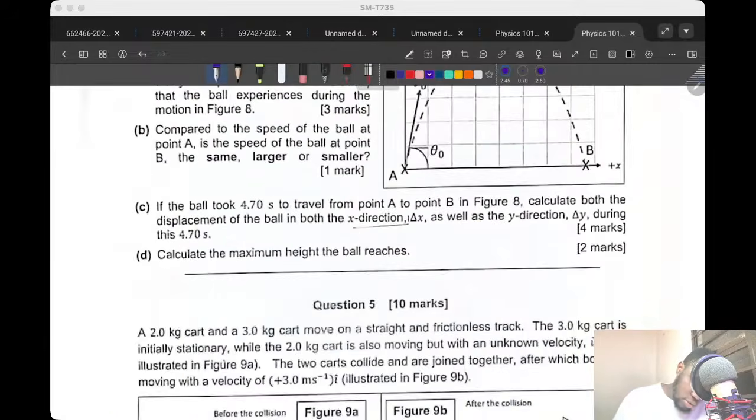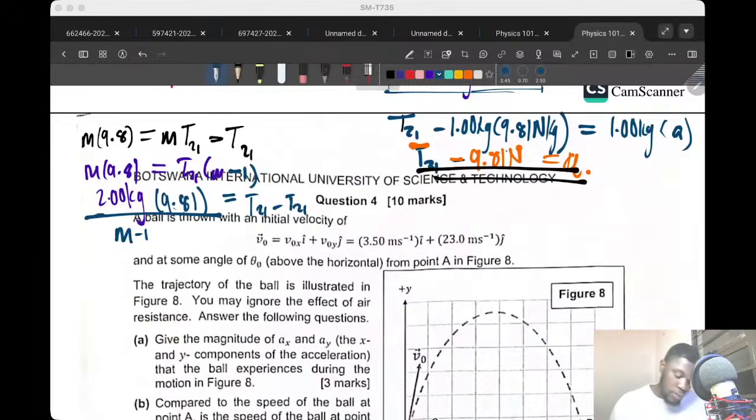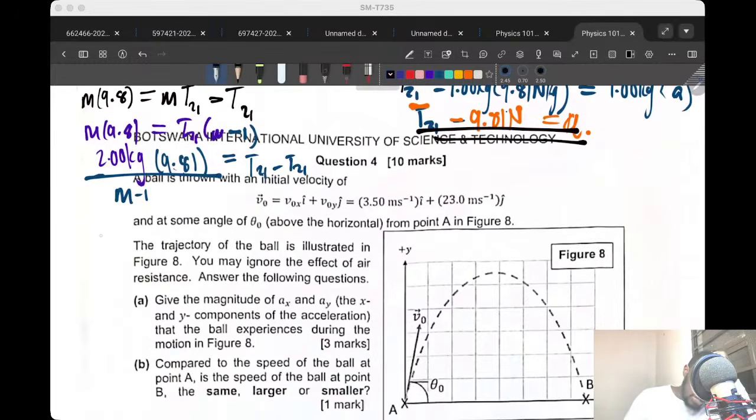So you should have said m2 or something. 2 kgs, then what we will end up having is, since we factored out T21 here, we would have remained with m minus 1, and we would bring that m minus 1 here. And it would be 2.0